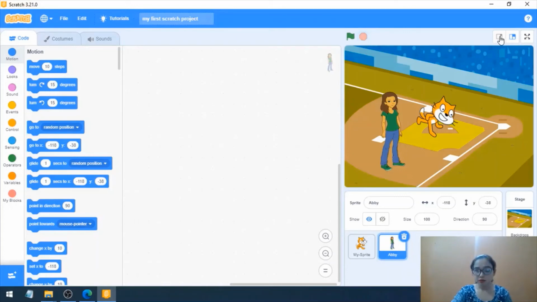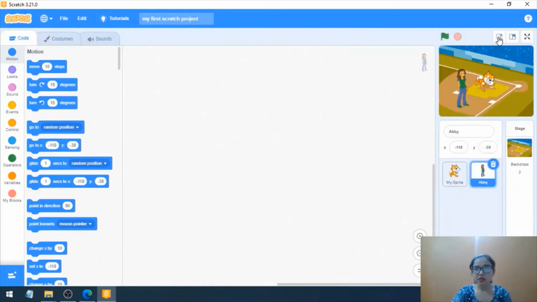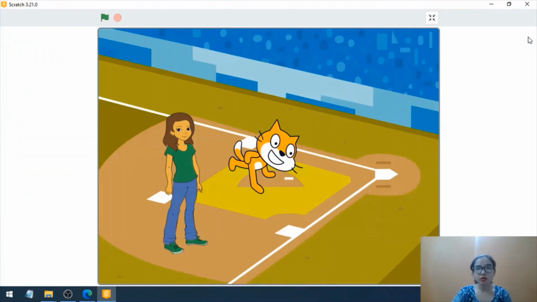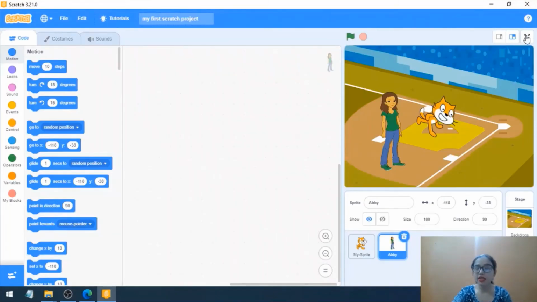All right, now let us look at these three buttons. These three buttons are going to change the interface a little bit. If you click on this, the stage is going to be a little bigger. And if you click on this, it is going to bring it back to normal, with equal emphasis on the three parts. And this is the full screen control. Here you can have the full screen view of your animation, or maybe the story, or maybe the game, whichever you have created. Once you click it back, you'll be back to the normal view.